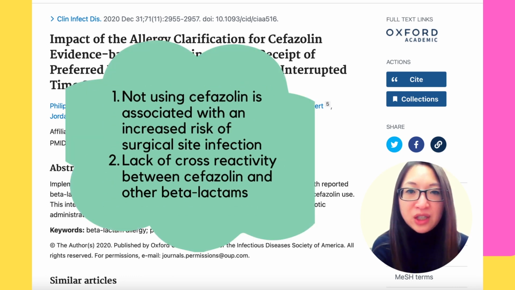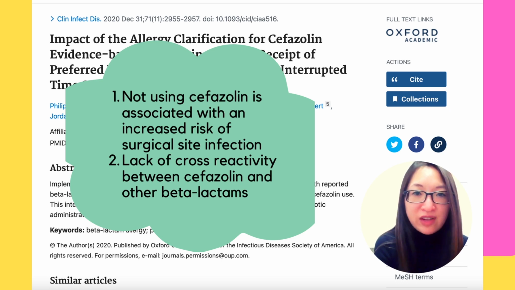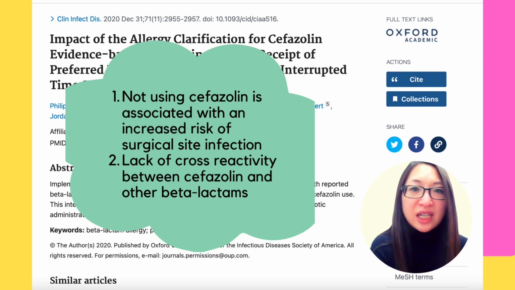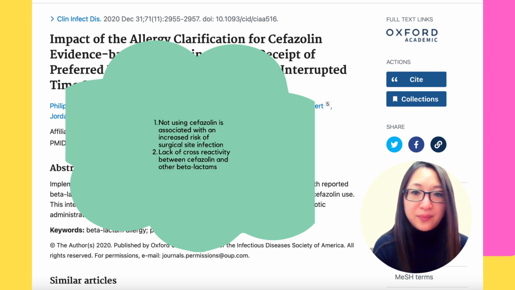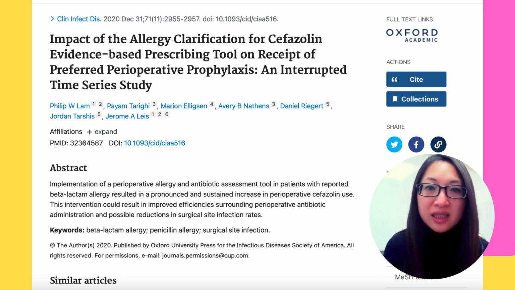Number one is that for patients with a reported beta-lactam allergy where Cefazolin is avoided, there is a higher risk of getting a surgical site infection. Number two, recent evidence has shown that there is a lack of cross-reactivity between Cefazolin and other beta-lactam antibiotics if the reaction is an IgE-mediated allergic reaction. Given these findings, it makes sense for us to try to identify those patients with a beta-lactam allergy who can